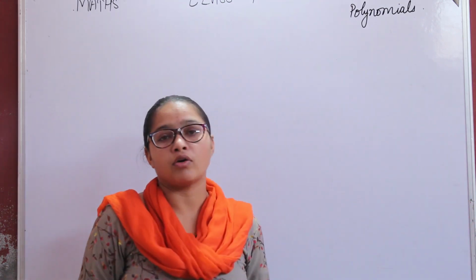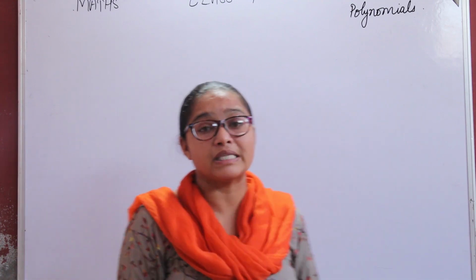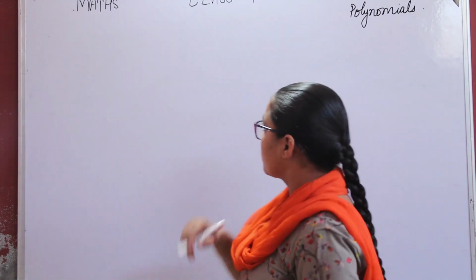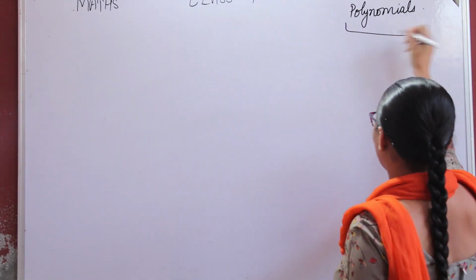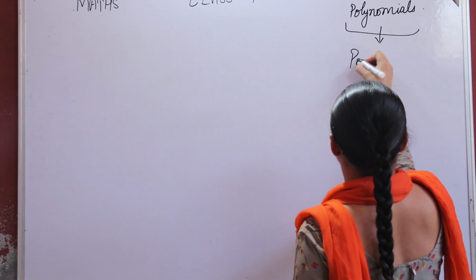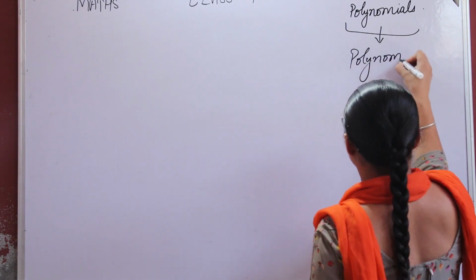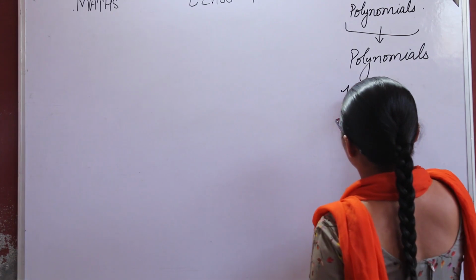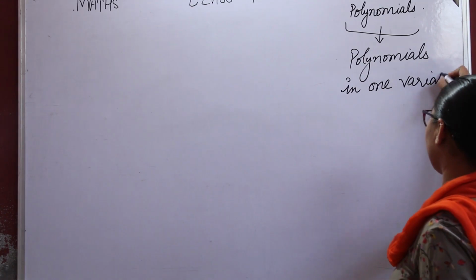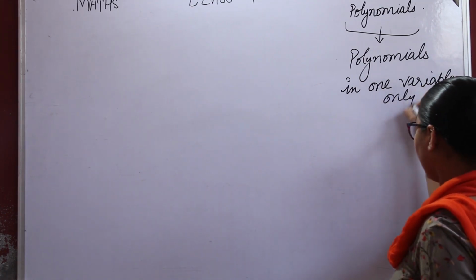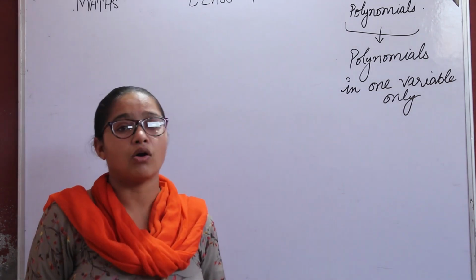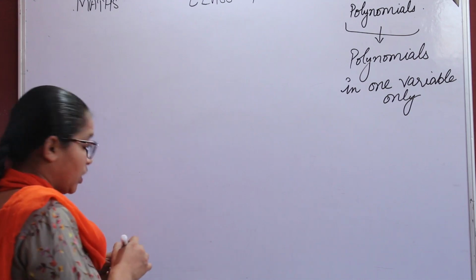In the earlier video we already learned about polynomials, coefficients, variables, constants, and their degrees. Okay. So now in this chapter on polynomials we are considering only polynomials in one variable. Polynomials in one variable only. Okay, means we are having only one variable. We can say x or t or y, any one variable we will be having in the statements.